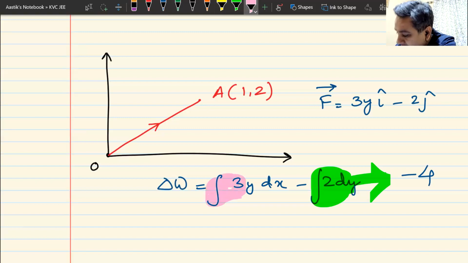The only problem here again is this one. How did you calculate it? That is the only problem. Yes, tell me, how did you calculate it? Yes, beta. Y is equal to 2, sir. Y is not a constant, beta. I'm going from here to here. See, X is also varying. Y is also varying. How can I take Y as constant? That is how you understand what mistake you're going to make.